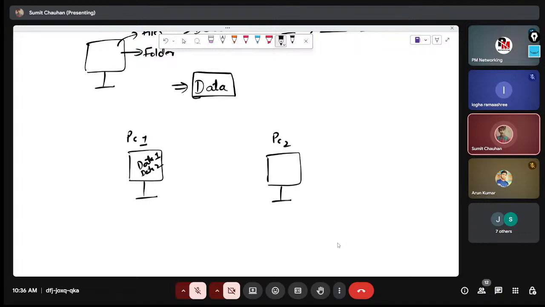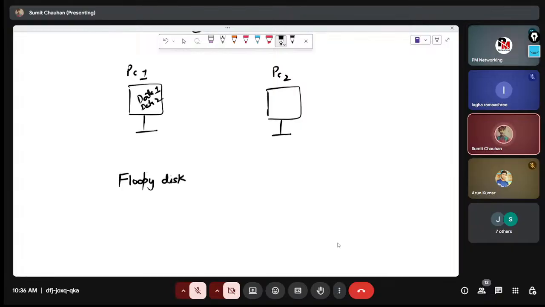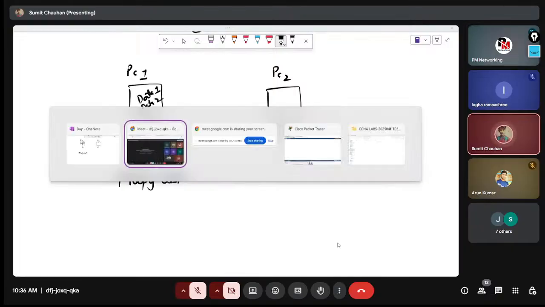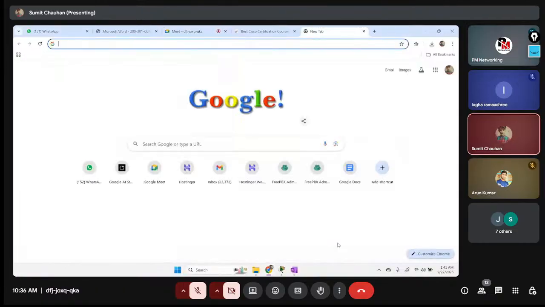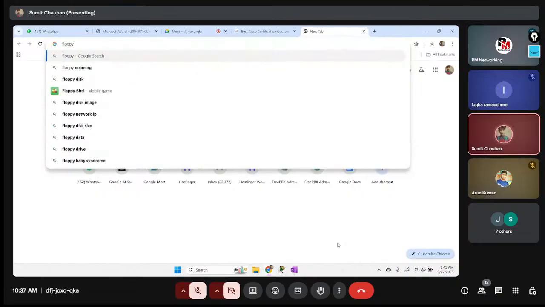So earlier, without network, how were we sharing data, guys? As you all are aware, like floppy disk, that was a very old technology. Floppy disk, I hope you all are well aware of it. If you want to see the image, let's go and Google it. We'll go and research what is a floppy disk. If any one of you is having doubt in it,